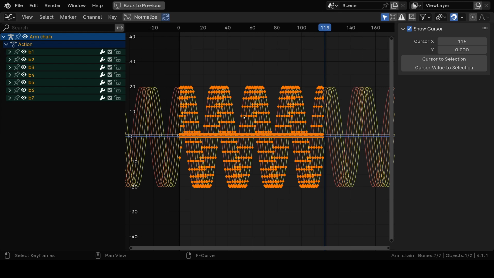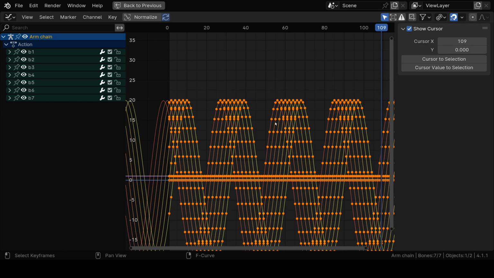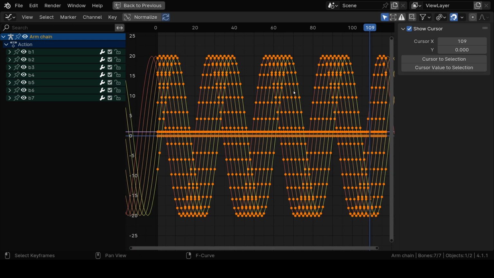I'm not seeing any options related to the curves. I'm seeing only the options of this panel, that is the show cursor, all these things we can change. We want to see the options that belong to the curves, these curves I have selected. So for that, after pressing A and selecting all of them,